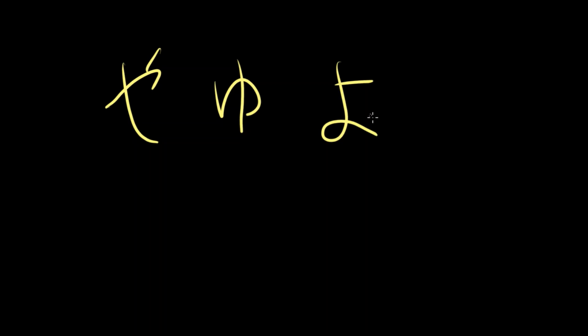Now, I mentioned earlier that ya, yu, and yo can also be used to modify the sound of some of the letters, and I'll show you what that means. I'll give you some examples. I'll probably show you the whole lot. So it's only used on some of the rows. It's not used for every row. So there is the ki, the ka row, but it's only used for the i sound of it. So there's ki, and you can put a little ya next to it. It has to be little. It has to be about half the size,